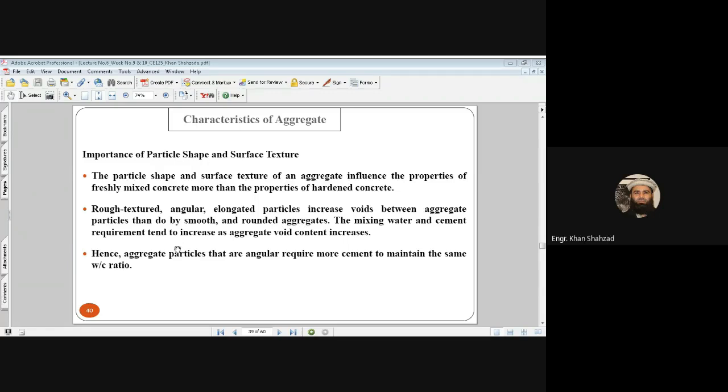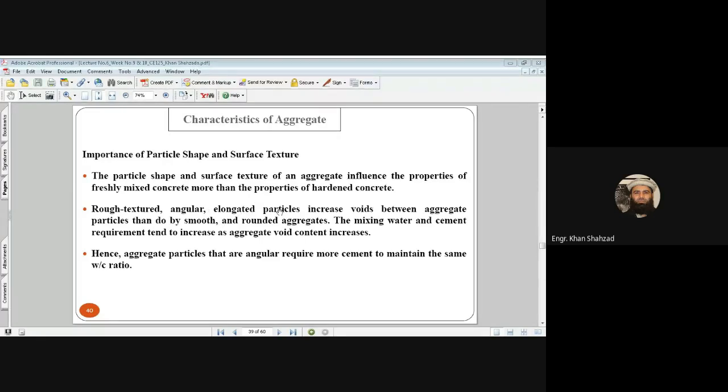The mixing water and cement requirements tend to increase as aggregate void content increases. Do you remember, smooth aggregates and rounded aggregates will need less water and give you high workability? याद है बेटा आप लोगों को? Yes, sir. And these rough textured, angular and elongated particles, as the surface area is